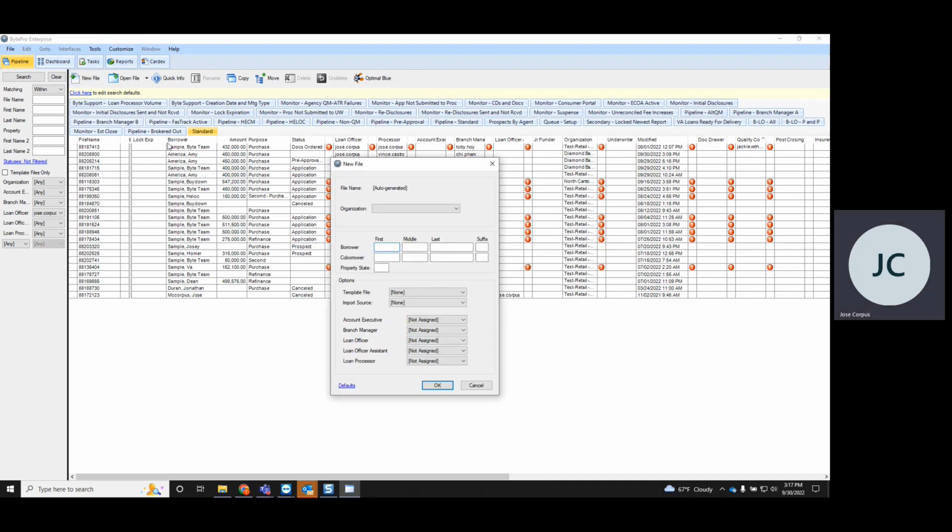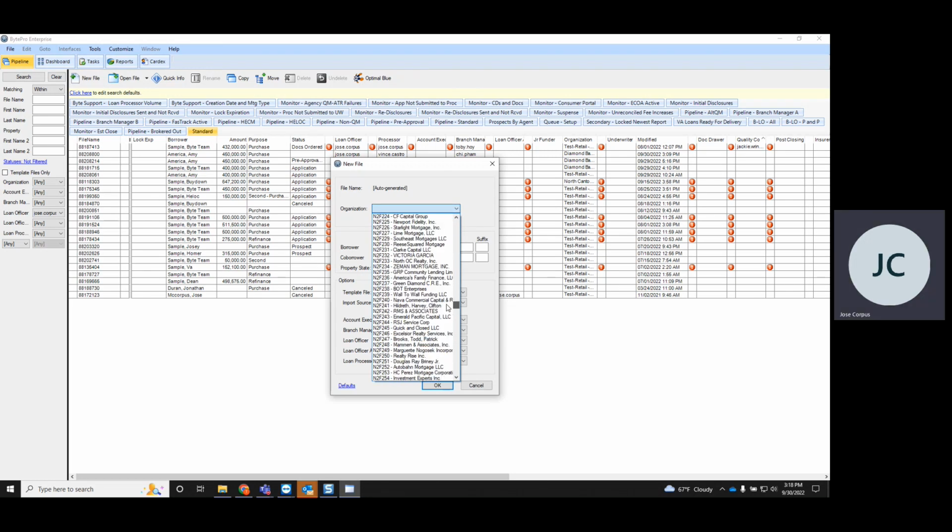Okay, so a box comes up and it says New File. You can choose the organization you want to work through. And then really you would just put in the borrower's first name and last name. It's important you put in a property state, and then choose a branch manager. It would be yourself as the loan officer that should populate. And your organization typically will default to your profile, which was created, the only one. And then lastly, you need to select a loan processor. I'm going to choose, I don't know if this will work, but